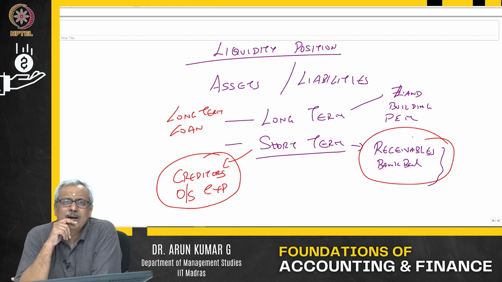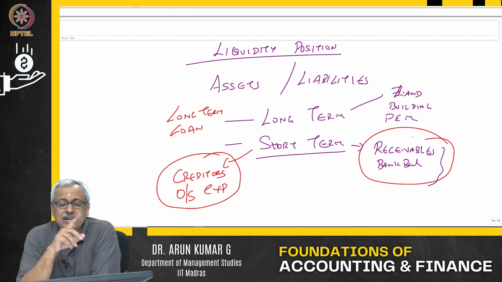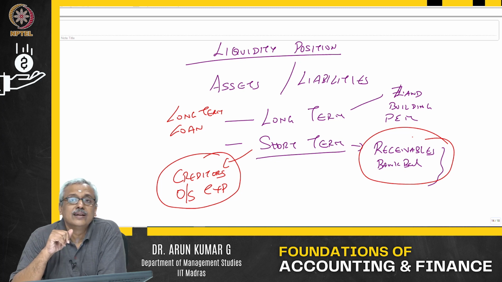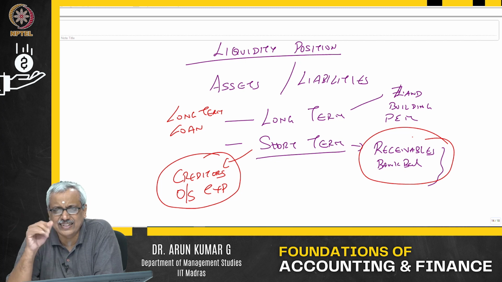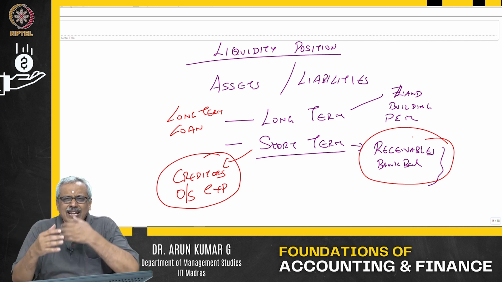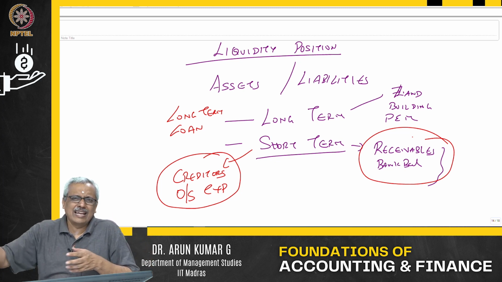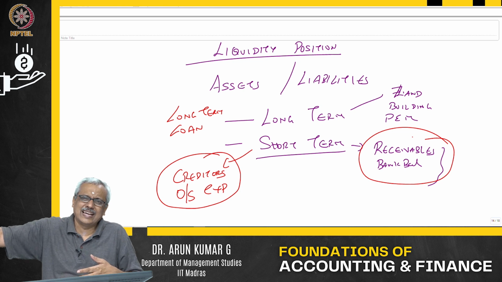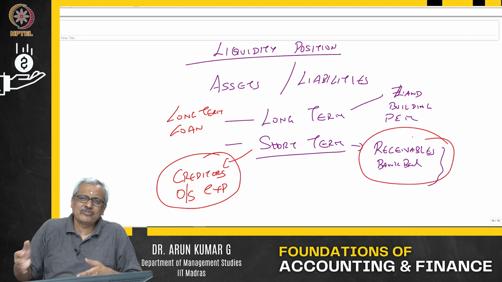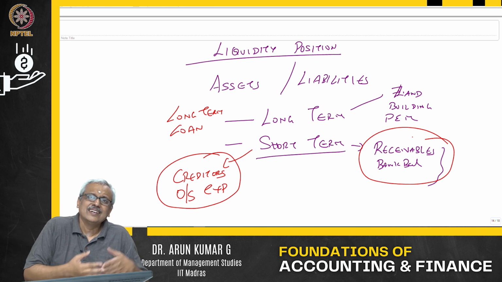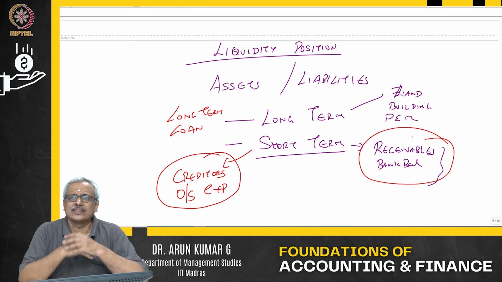Now imagine a business which is continuously purchasing and continuously selling. Every day there is a purchase, every day there is a sale, all on 30-day credit. That means every day you are going to get some money and every day you will have to pay some money. The money I am getting on a sale which I made 30 days prior, I will use for settling the purchase which I made 30 days prior. So it will just keep moving like this.